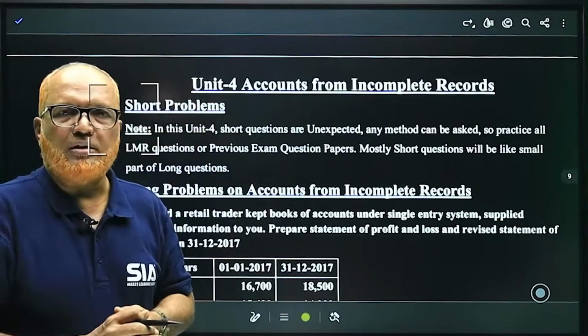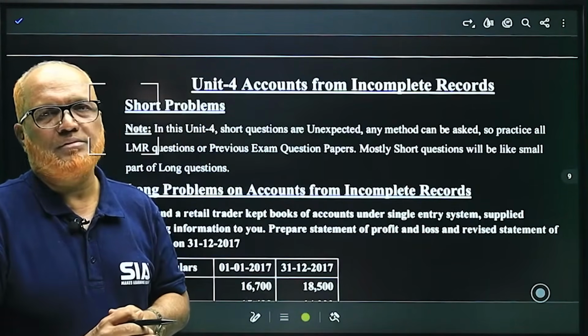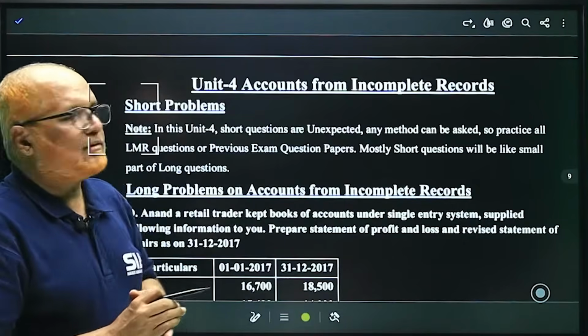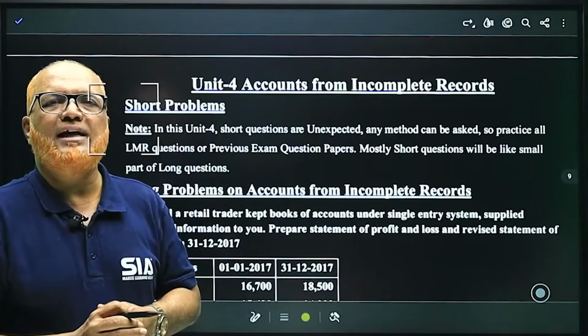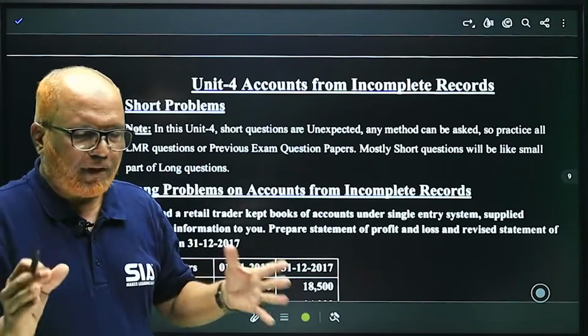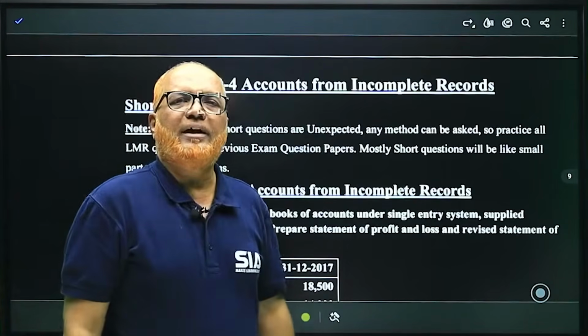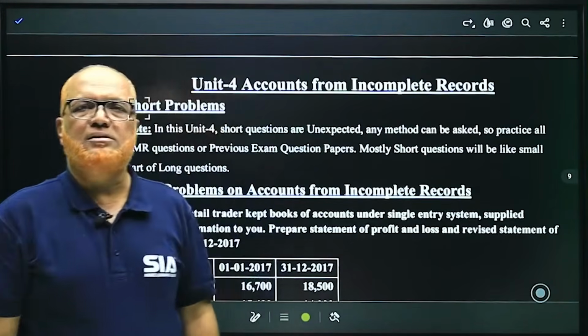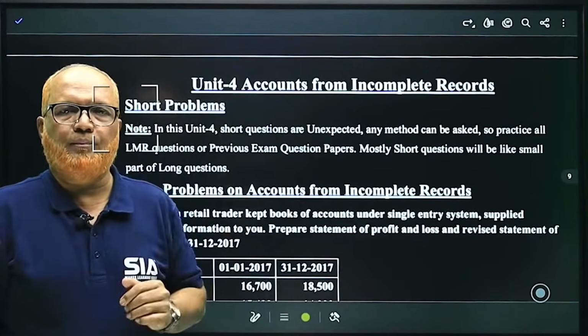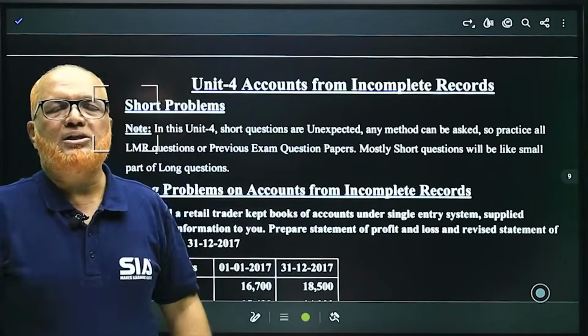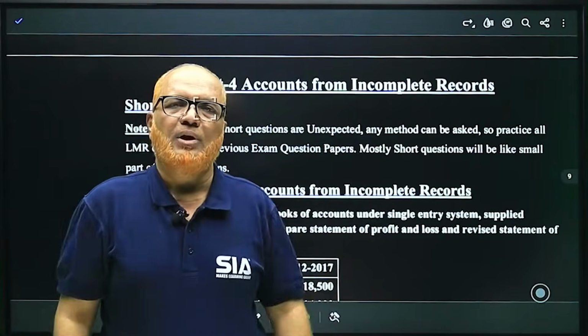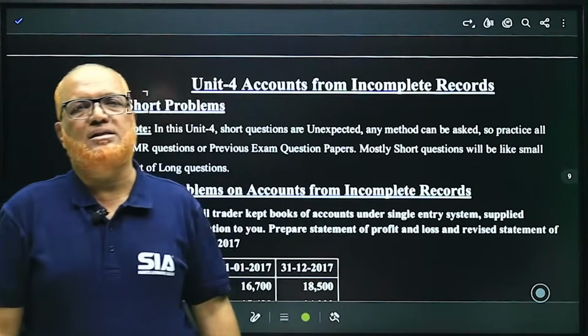Now I am going to start unit number 4, that is incomplete records, that is also called single entry. Now, in examination, you may get short question 4 marks, either theory or problem. For theory, they may ask you what is single entry system, what are the features of single entry system, and